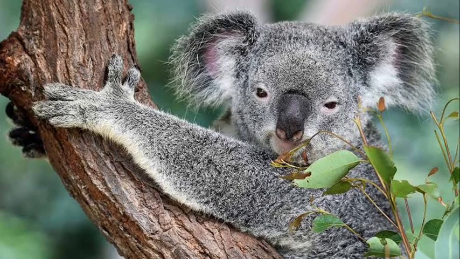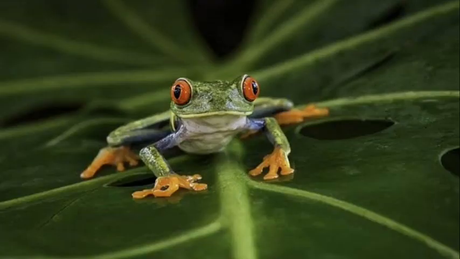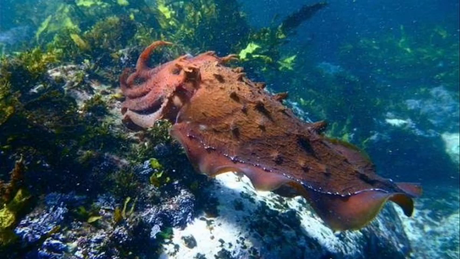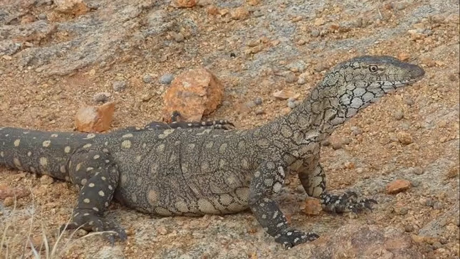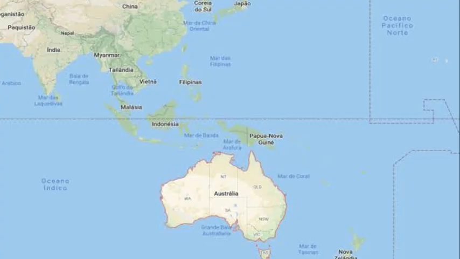Australia's fauna comprises a huge variety of unique animals: 83% of mammals, 89% of reptiles, 90% of fish and insects, 93% of amphibians. Why are animals in Australia different? The main reason is the geography of the place and the apparent isolation, which allowed the species of the place to evolve on their own, without much interaction with animals from other neighboring places, as happened in the rest of the world.